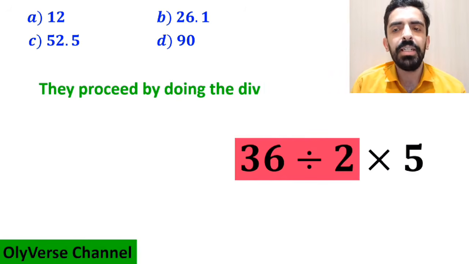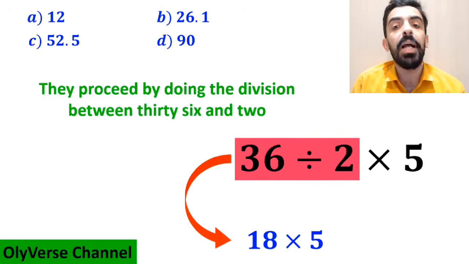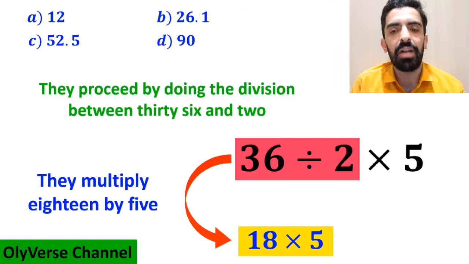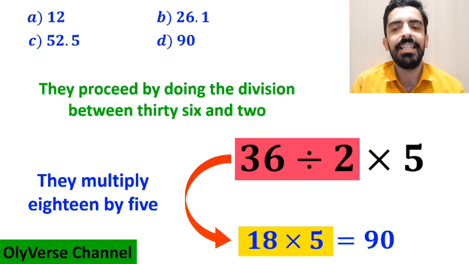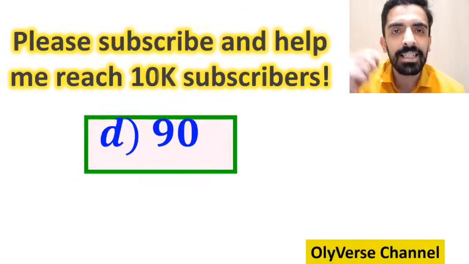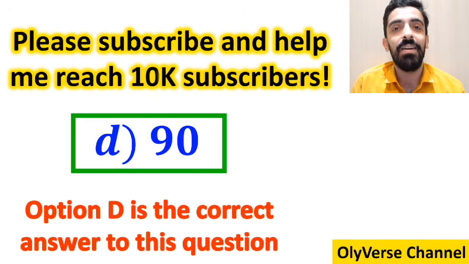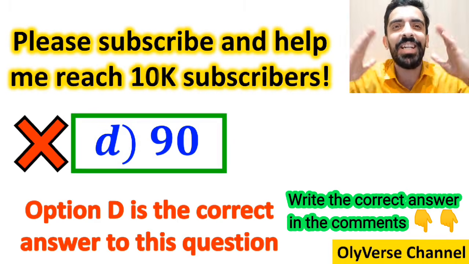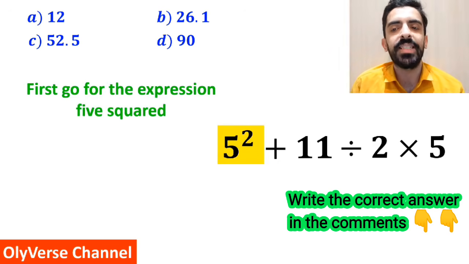Then, they proceed by doing the division between 36 and 2, which gives them 18 multiplied by 5. And finally, they multiply 18 by 5, which ends up with the answer 90. Then, without any hesitation, they quickly say that option D is the correct answer to this question. However, that's definitely wrong. Also, some other people when solving this question first go for the expression 5 squared and